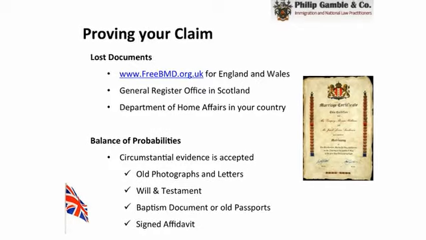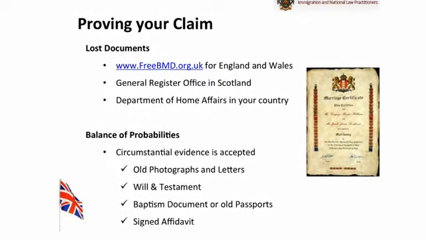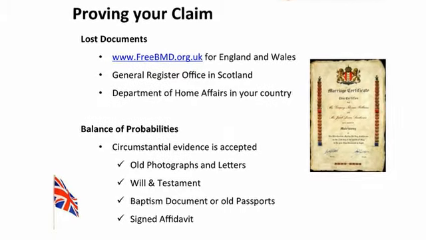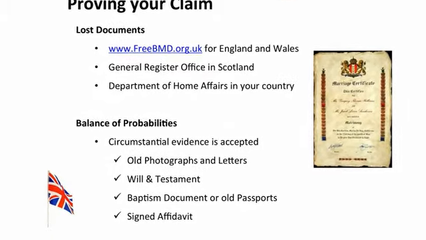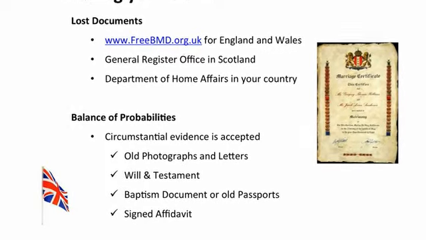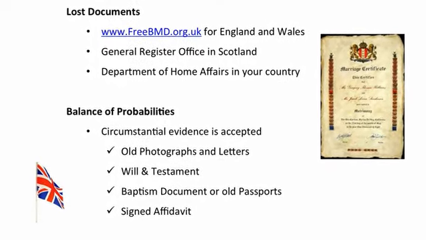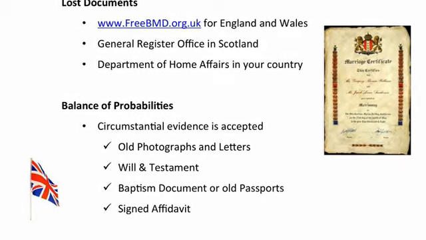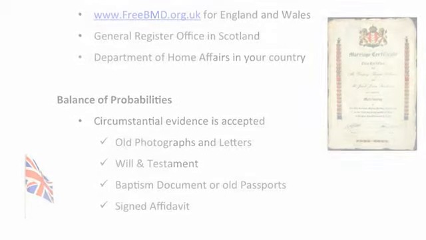Now, the standard of evidence required in a UK nationality case is called the balance of probabilities. If we were talking about a UK criminal case, the standard of evidence required to secure a prosecution and conviction would be what we term as being beyond reasonable doubt. It therefore follows that the standard of evidence required for proving a nationality case is somewhat lower. Where documents are missing and can't be replaced, other and alternative evidence can sometimes be used. However, a specific certificate from the Home Office is required before passport claims can be put forward on that basis.